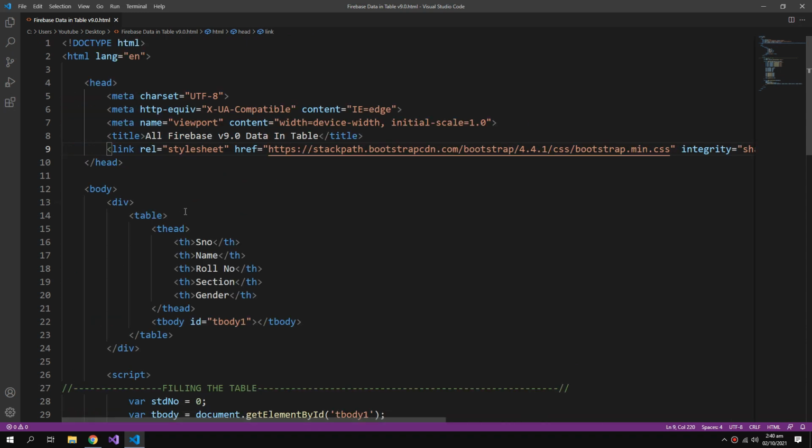Now I can use the Bootstrap library. So I will write some Bootstrap classes, which are table, and inside my div I will say class container. It will bring the table to the center, and mt-3, so margin top 3.